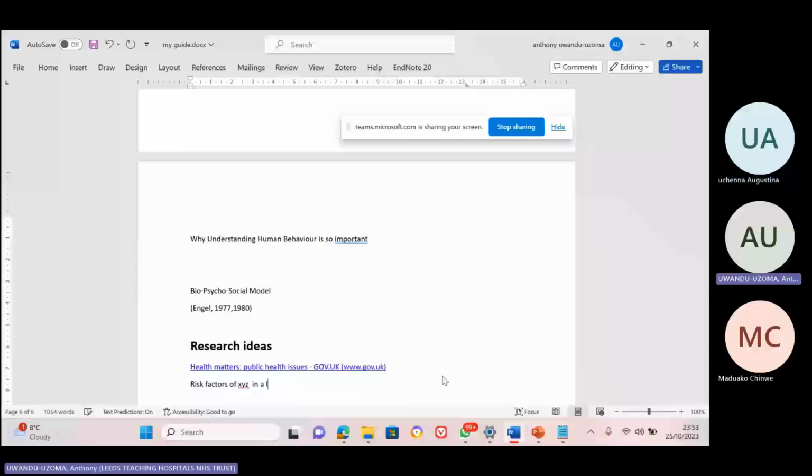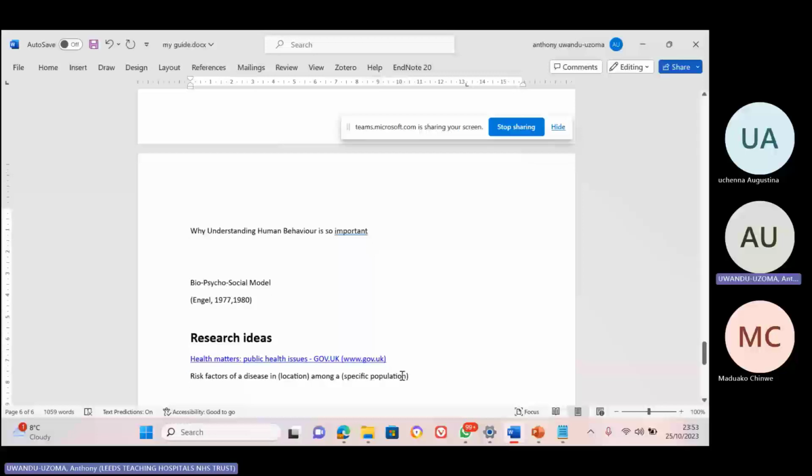Okay, risk factors of a disease in a location that you like, then among a specific population. Okay, so you can look at something like this. So when I say specific population, I mean something like adults, children,